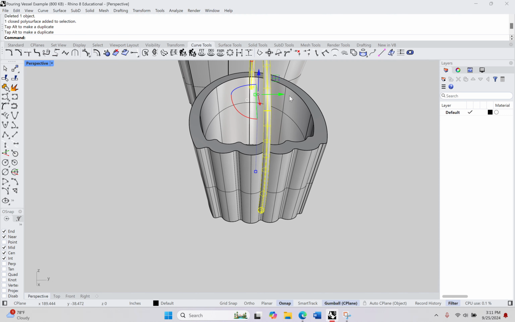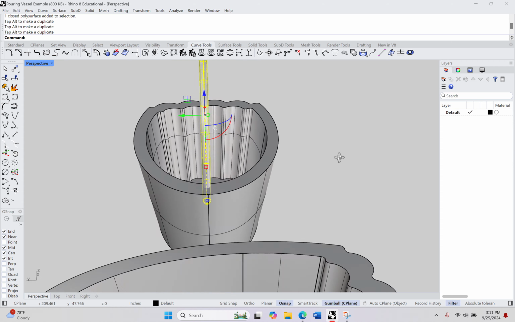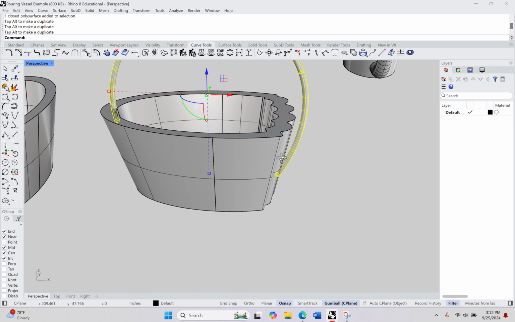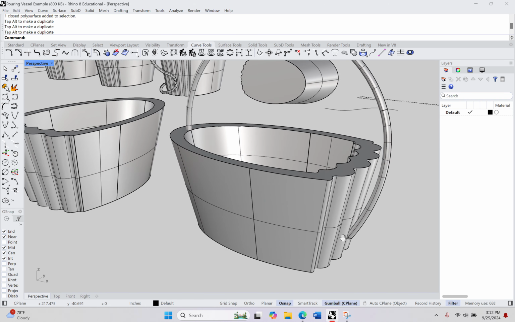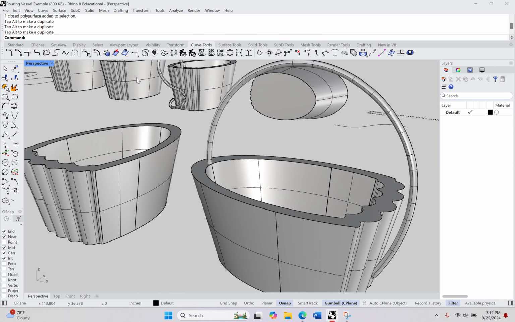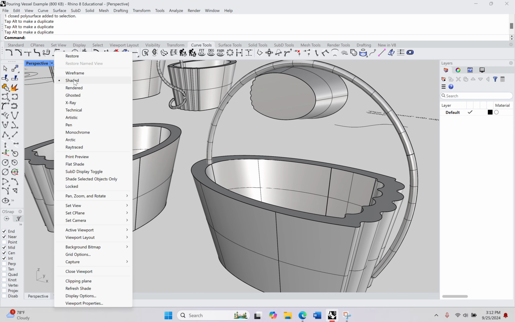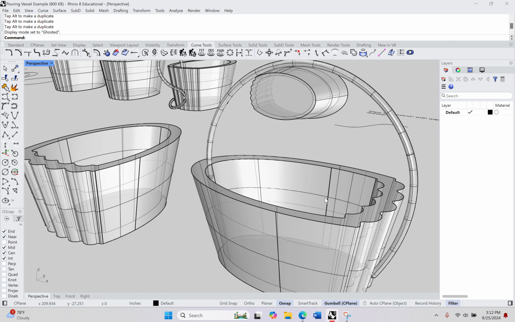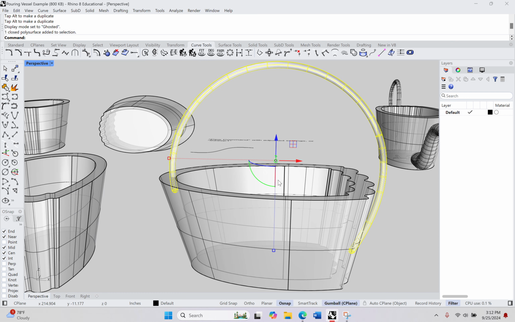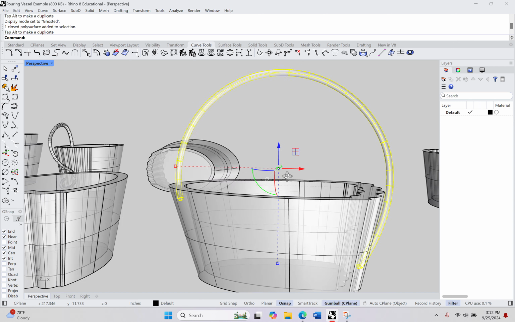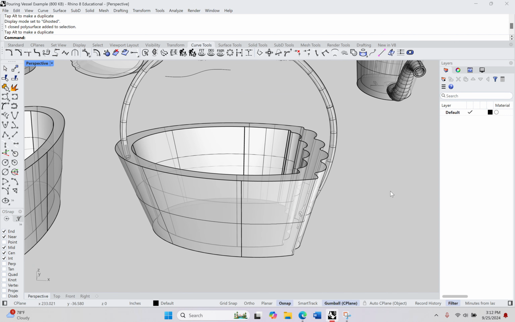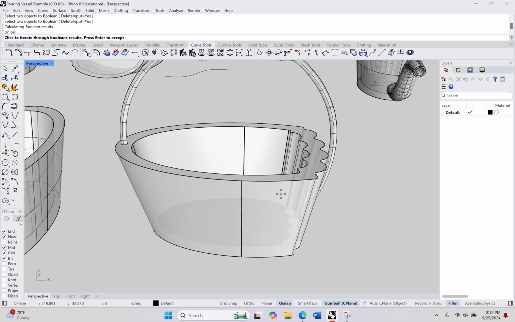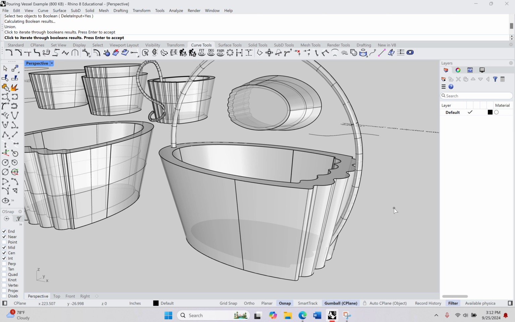Just want to make sure I position this really carefully. And I think to determine how well things are overlapping, ghosted is a little bit better. So pull this way a little bit. Okay, that's good. So now I can Boolean two objects, click both of these, and the first iteration I think